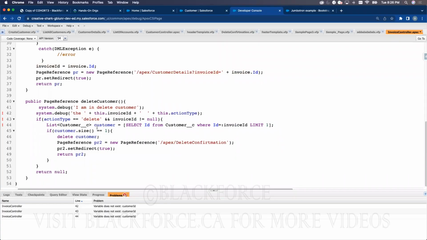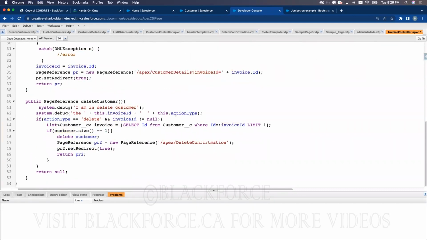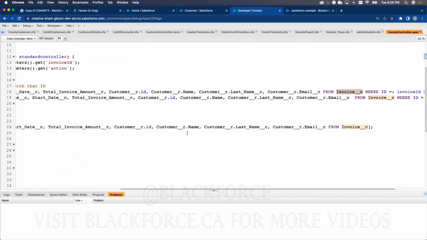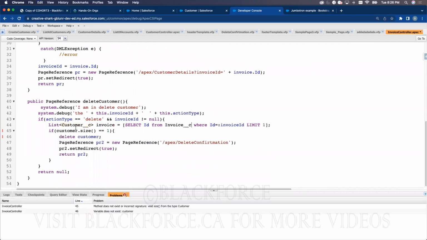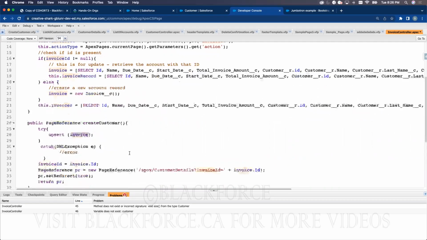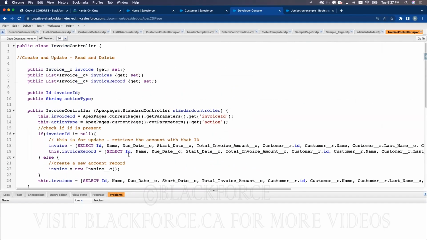This should be invoice, okay, instead of customer. Can you see the way I just literally turned the working version of my code and built upon that working version to create new stuff? That's how you will be coding when you are confident about the things you've done before. It becomes easier to write code because you've written it before. There is no new thing. As you can see, I've changed everything from customer